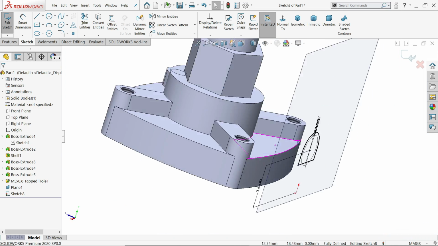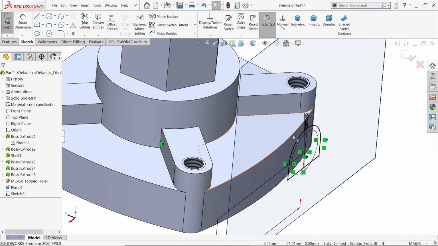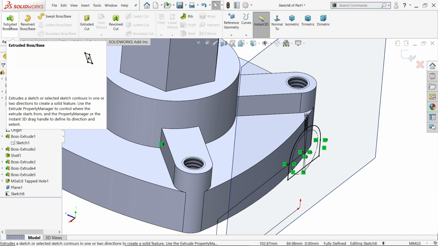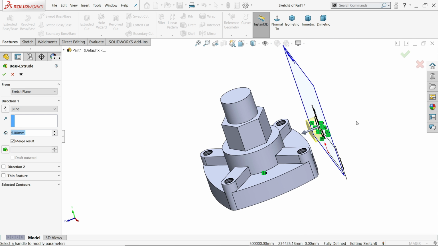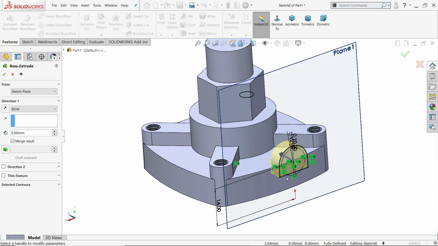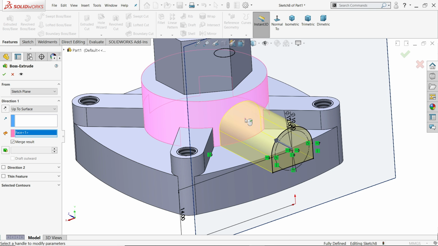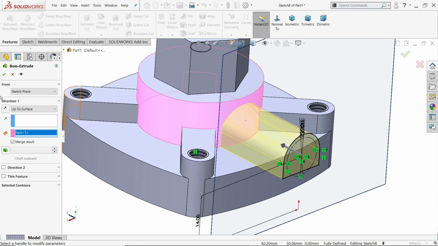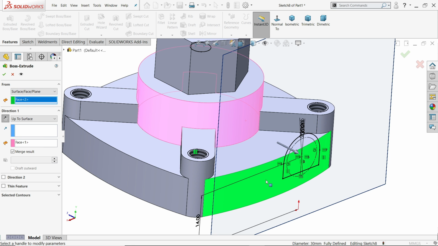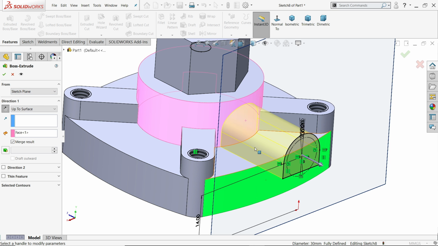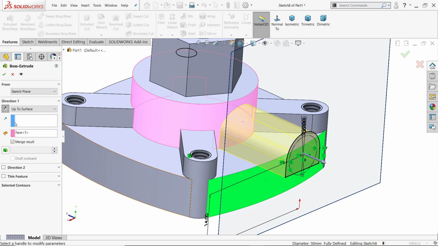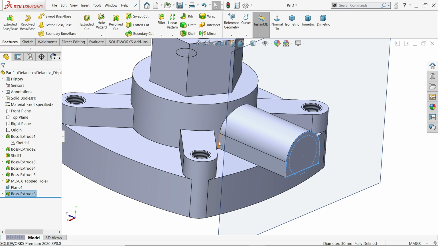Now this is a trick. We have to make this in 2 operations, 2 faces. Extrude. First, end condition we will choose surface, and I'll choose this surface. Look, because if I say here start from face or plane and choose here, see, it is not going to work. So let's keep this one in 2 steps. Make sure merge is checked, say okay, that's it.